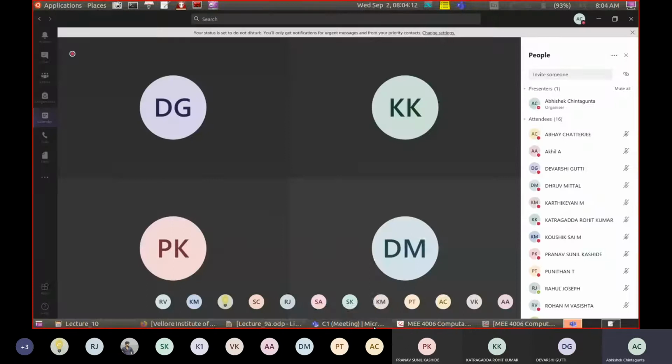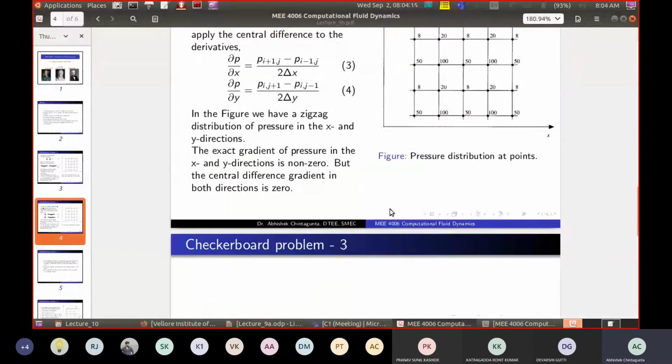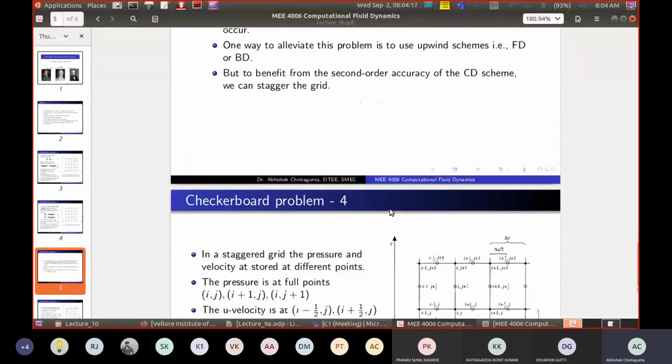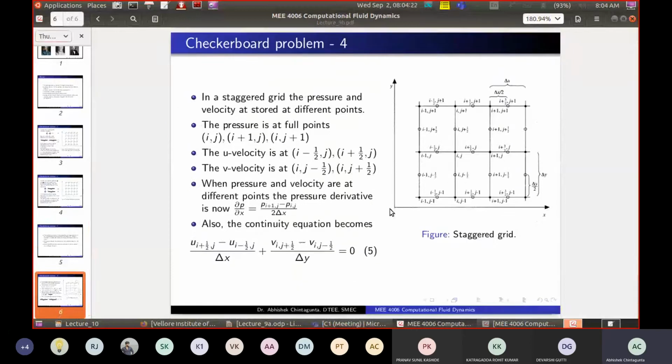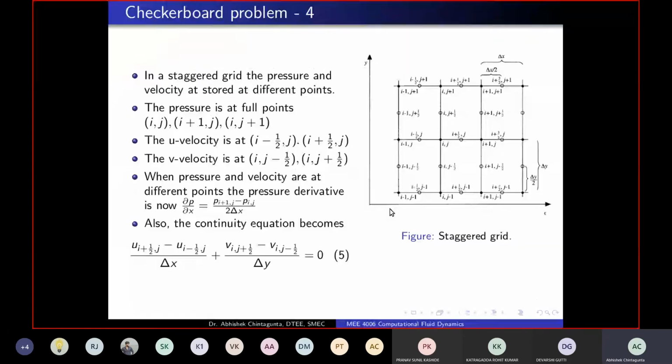In the staggered grid configuration, I said that we can take pressure and velocity at different points. We can create new points, or we can treat some points as half locations and some locations as full locations. For example, I comma j will be I comma j, I plus 1 will be I plus half, I plus 2 will be I plus 1. So we could also put some points in the mid locations. Between I and I plus 1, I have put 1 point. Between I and I minus 1, I have put another point.